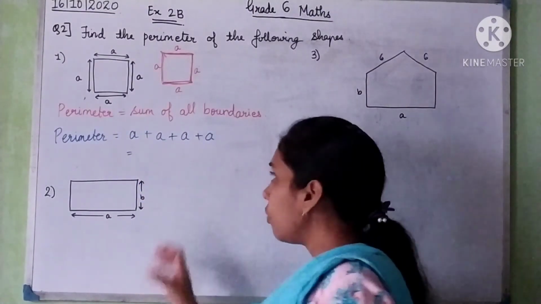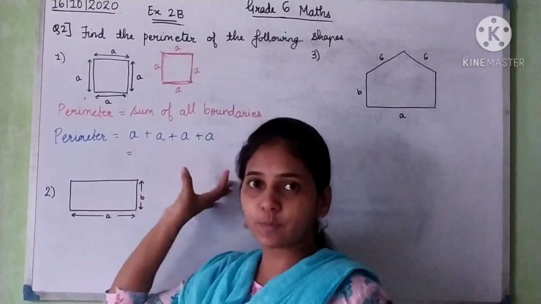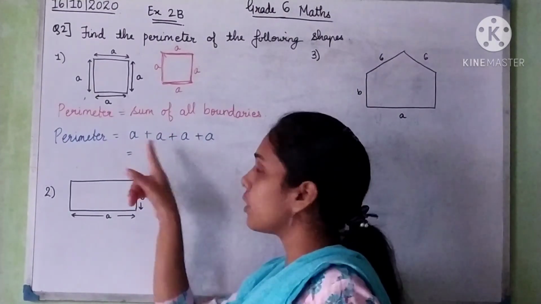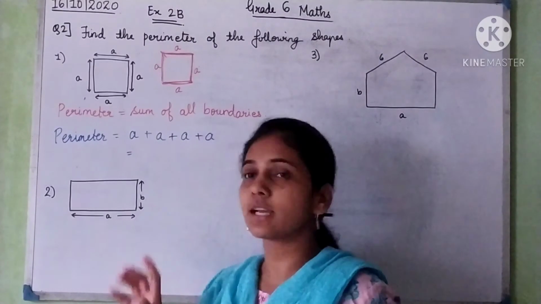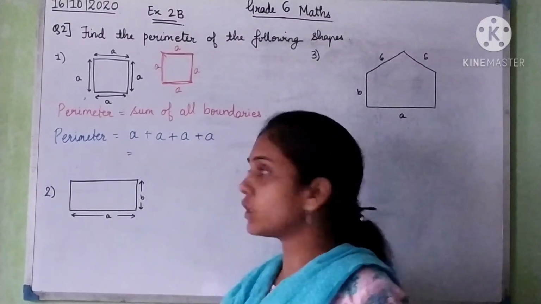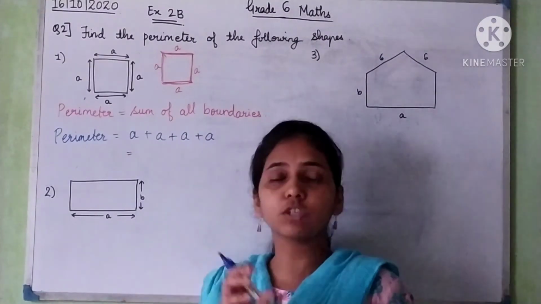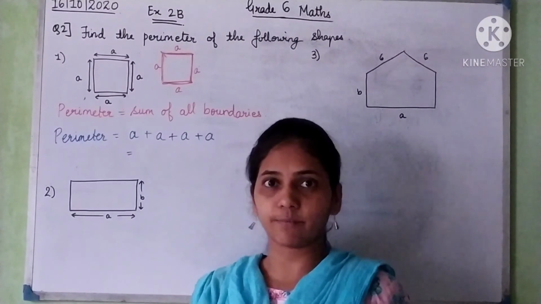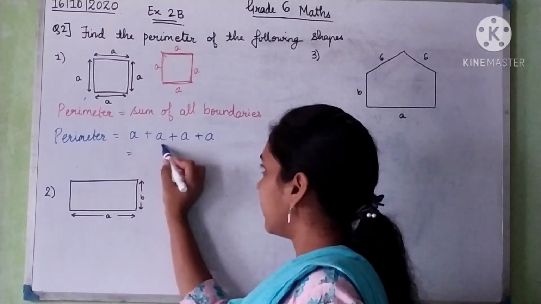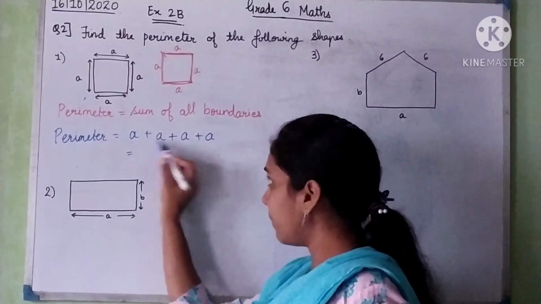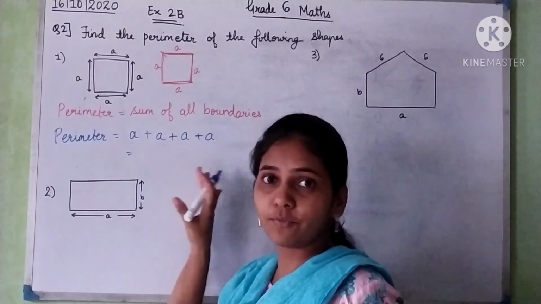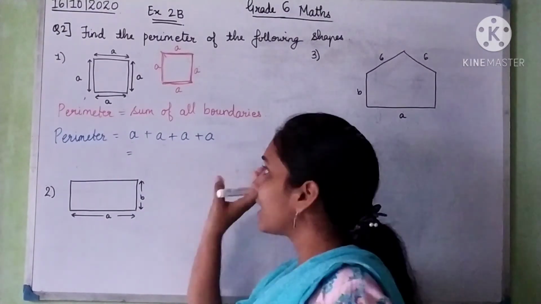Right. So now this is an expression. Why? Because it is having terms. I told you in the previous class that expressions are made up of terms, and terms means the things which are separated by plus and minus signs. So here all the A's are separated by plus signs. So these are 4 different terms. But they are like terms.